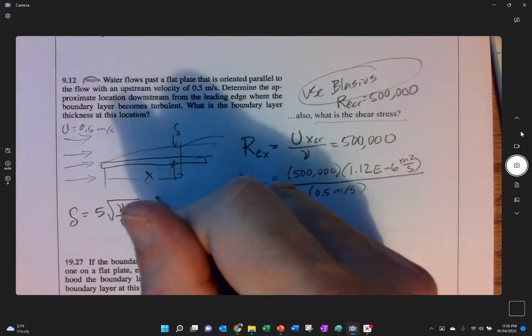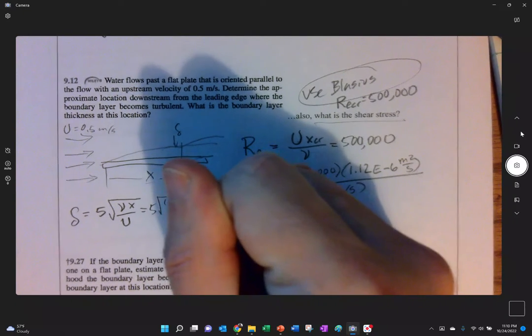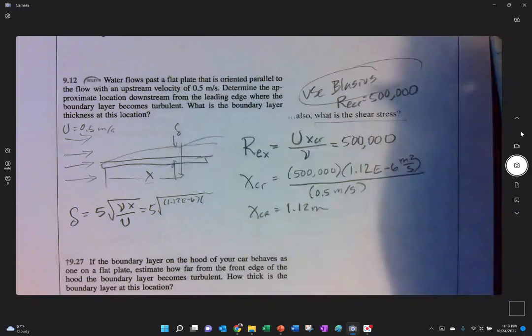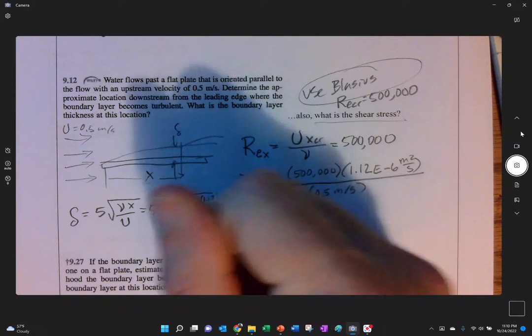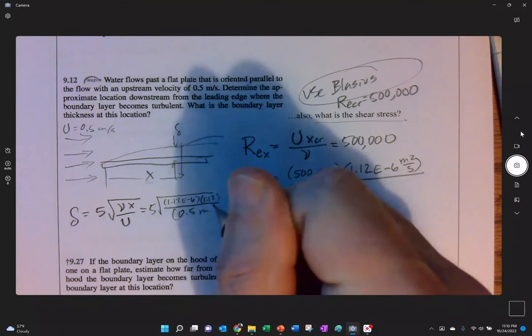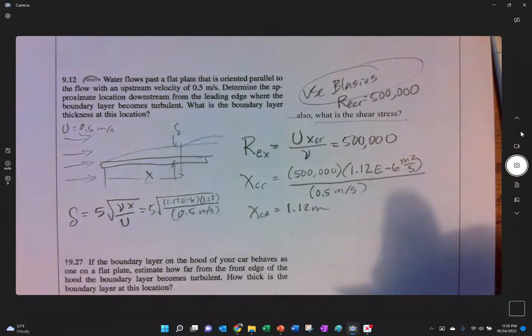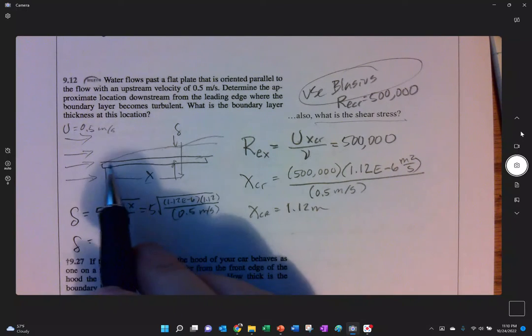So 5 times the square root of 1.12e-6 and the x of 1.12 meters, and then of 0.5 meters per second, I guess. I don't know why I just used units right there. So we end up finding a thickness at that location at 1.12 meters along